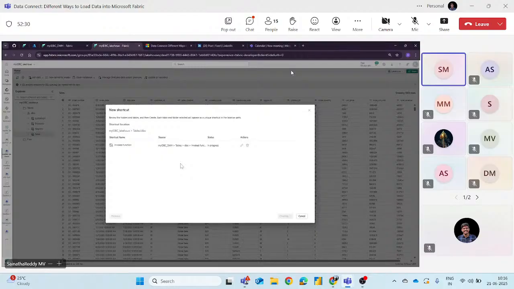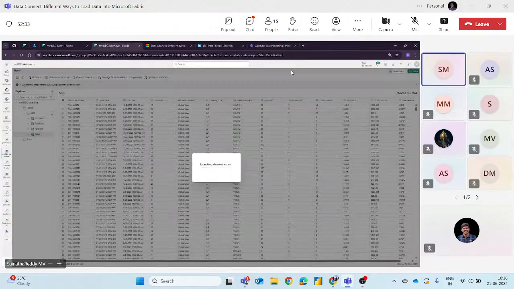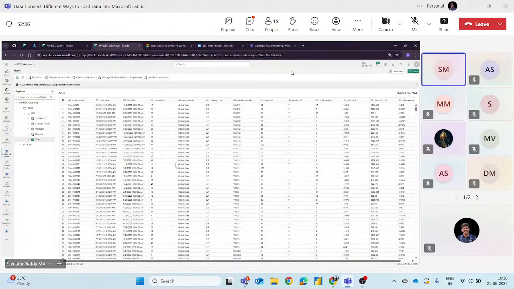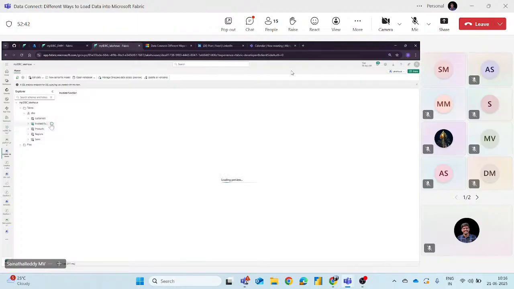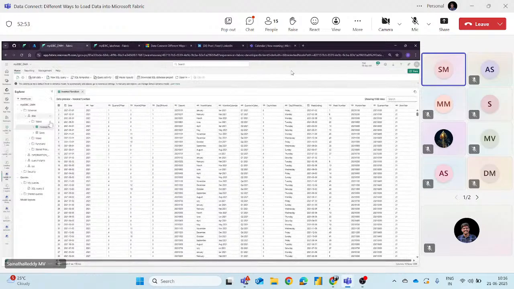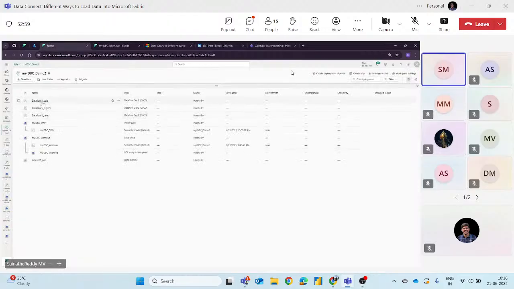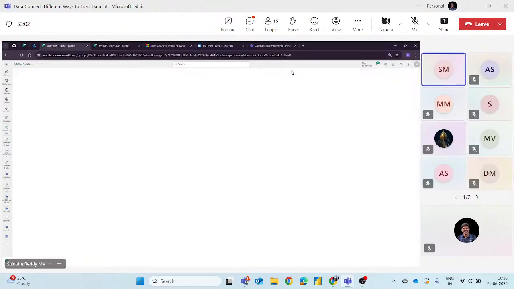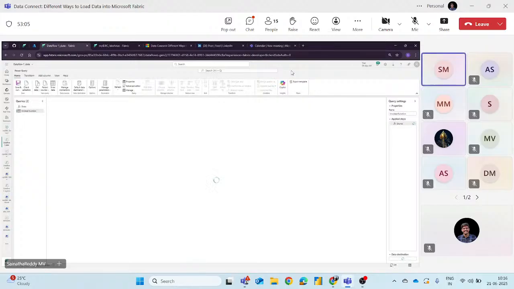Once I load it into our lakehouse, we can rename it for better understanding. I want to rename this, where did it go? Okay, I think we cannot rename it. This is a shortcut that was created, right? Where did I miss this invoke function? While invoking only, we need to change it. Okay, this one we changed.